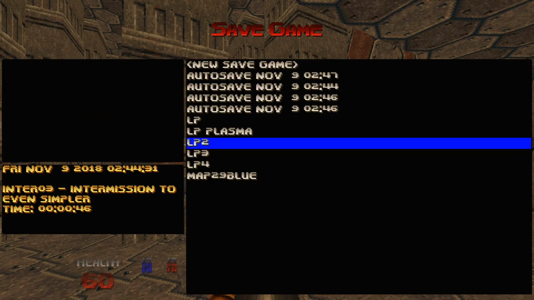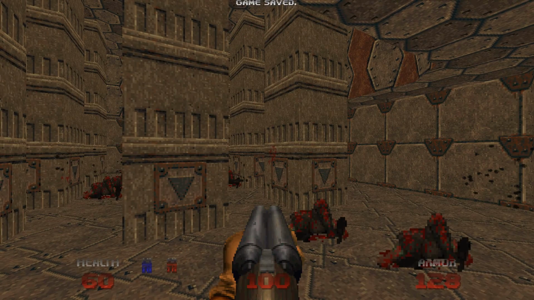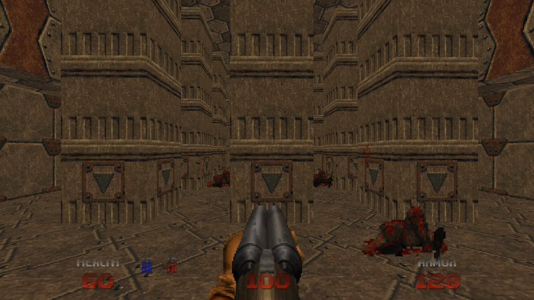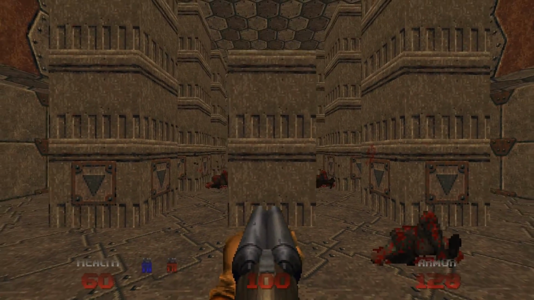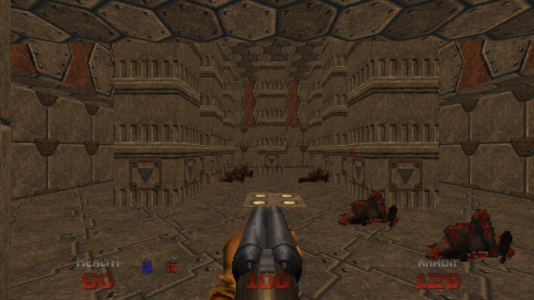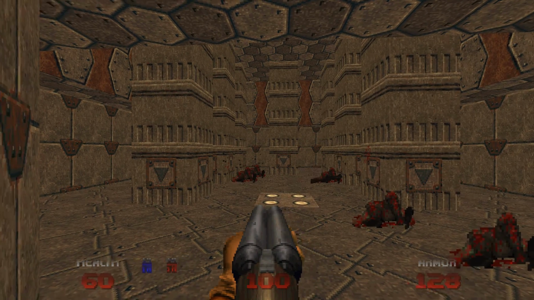I'm going to save it first. We'll save it right here, because I made a save for it. Now, I'm going to use this pillar. Now, there is no plasma rifle. I get 2 shots at this. That was the first attempt. Now,